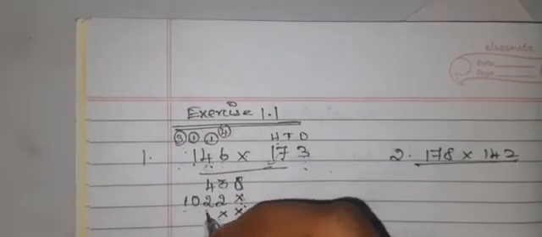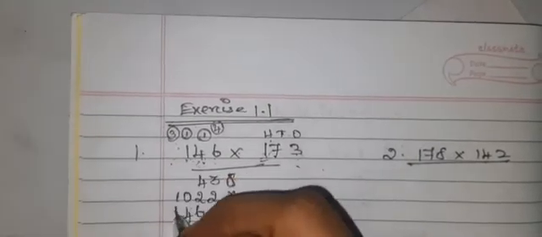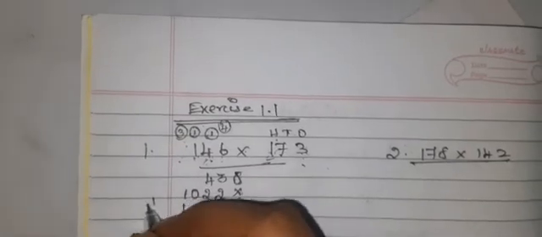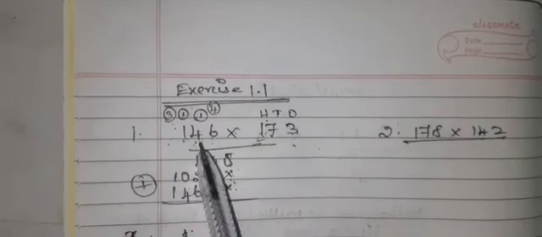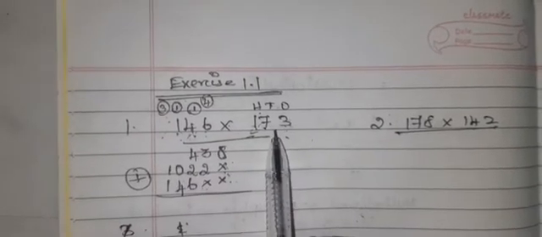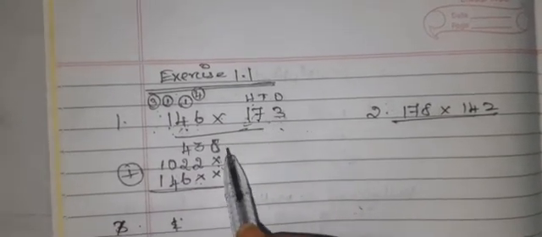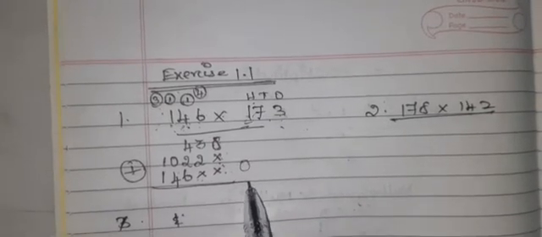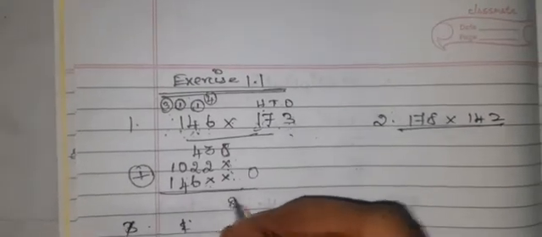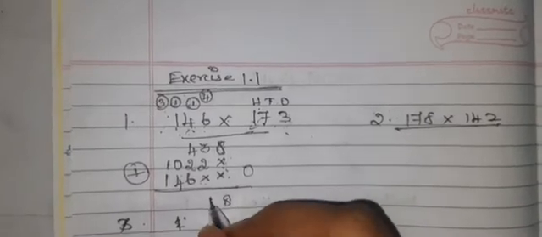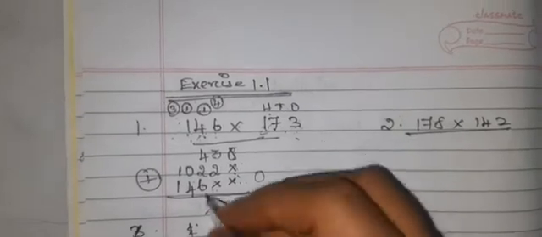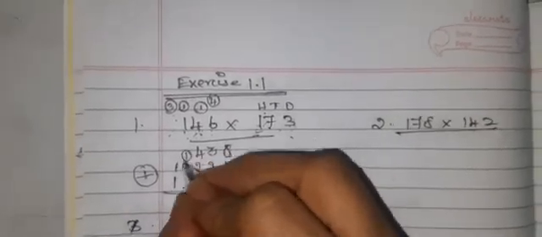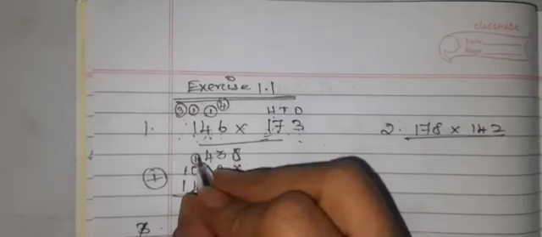1 multiplied with 6 is 6. 1 multiplied with 4 is 4. 1 multiplied with 1 is 1. So now we are going to add all the values so that you will get to know the product of 146 multiplied with 173. If no value is there, you have to consider it as 0. So write 8 as it is. Now 3 plus 2 is 5. 4 plus 2 is 6. 6 plus 6 is 12. Write 2 here and take the carry to the thousands place value.